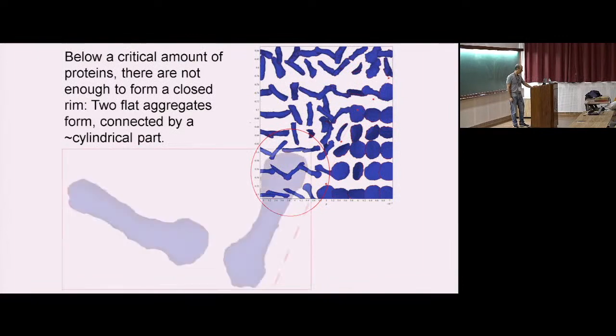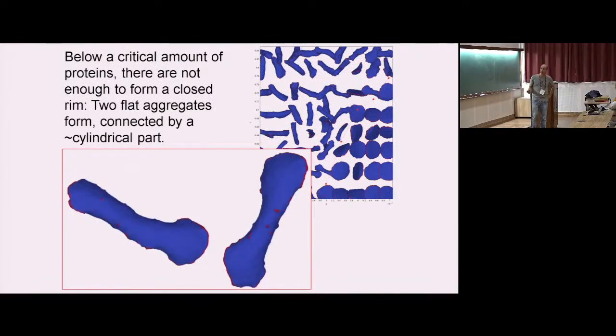Okay, if we zoom in again on this region of low number of these proteins, so now there's just not simply enough of them to complete a full ring. So there cannot be a perfect force balance around the entire circular rim of this structure. So what happens is that they are trying to do something as similar as possible, and what they end up doing is making two arc-like aggregates. So they make an arc-like aggregate here and an arc-like aggregate here, which maintains something which is rather flattened at the two ends,